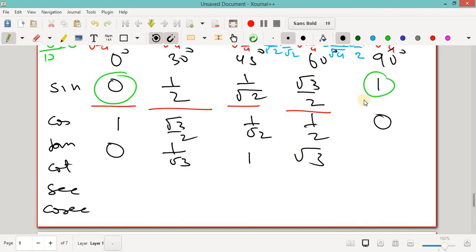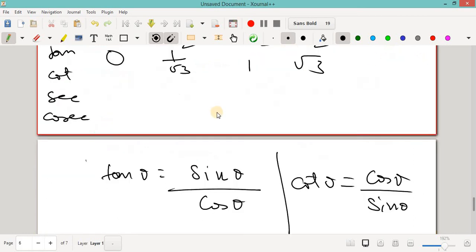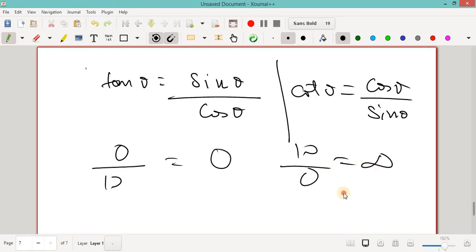Next one is your 1 by 0. And remember, students, one thing. Now, the next important thing I'm discussing with you is that if at the bottom it is 0, like in this case I'm writing, you see this part, it will always be infinite or not defined. If at the top it is 0, again let me just show you: if 0 by 1 or 0 by any number, then the outcome will be 0. If the bottom is 0, it is infinite or not defined. It is known as infinite or not defined.